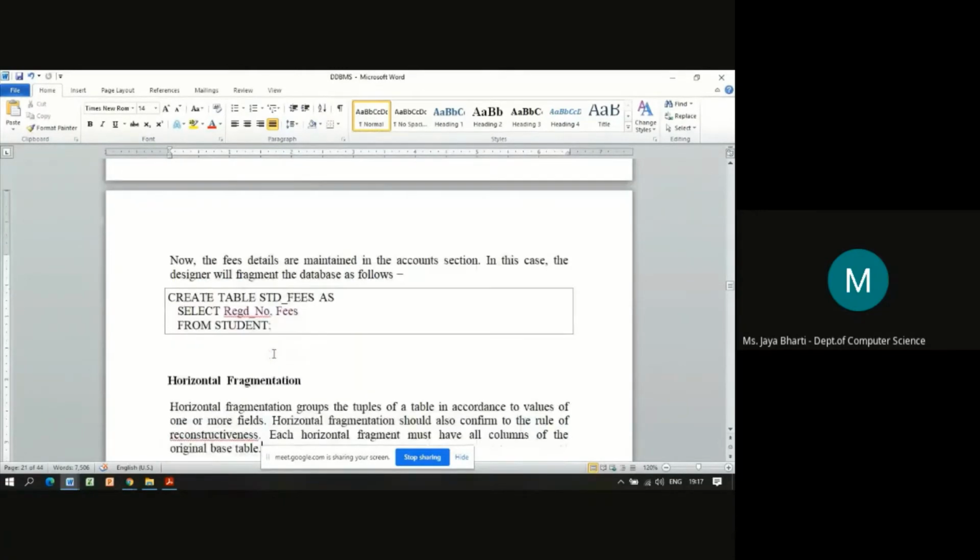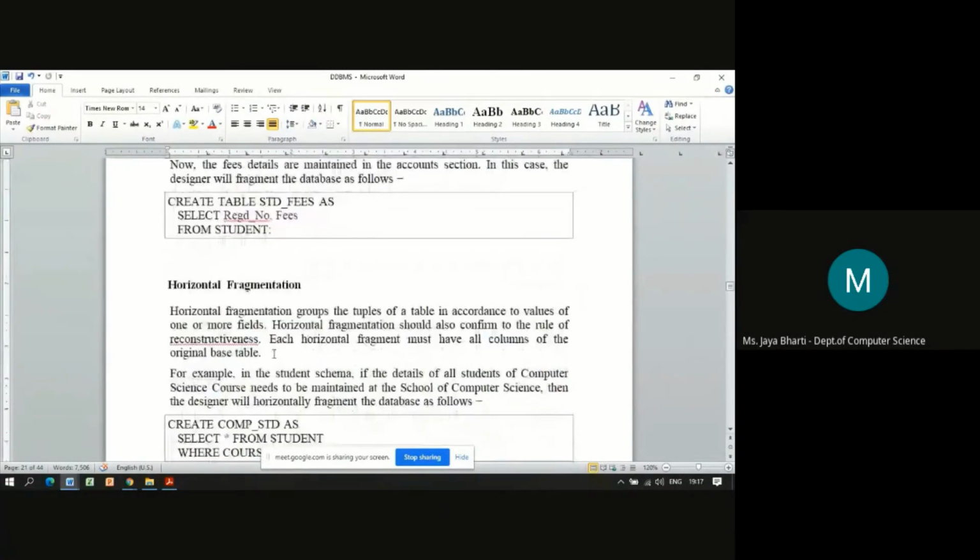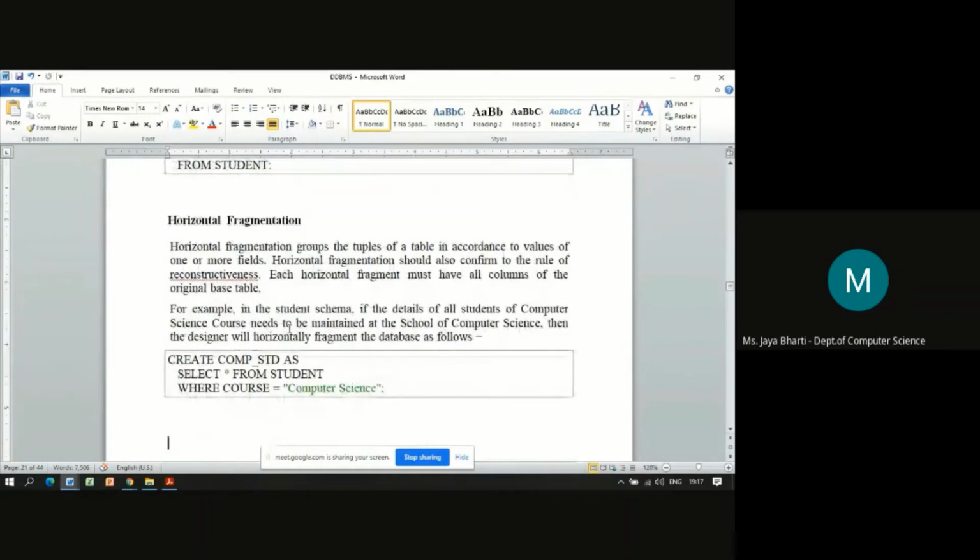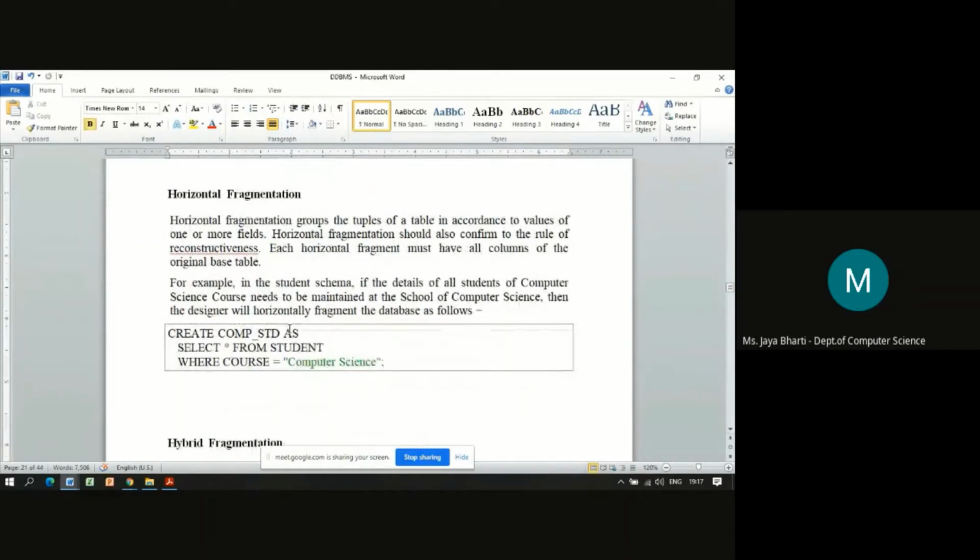Then horizontal fragmentation is row-wise or tuple-wise. Tuple means rows. Doing vertical fragmentation is easy because there you directly select the columns.